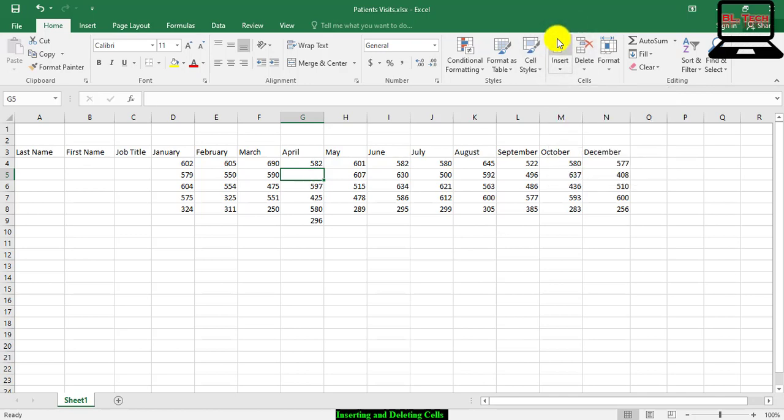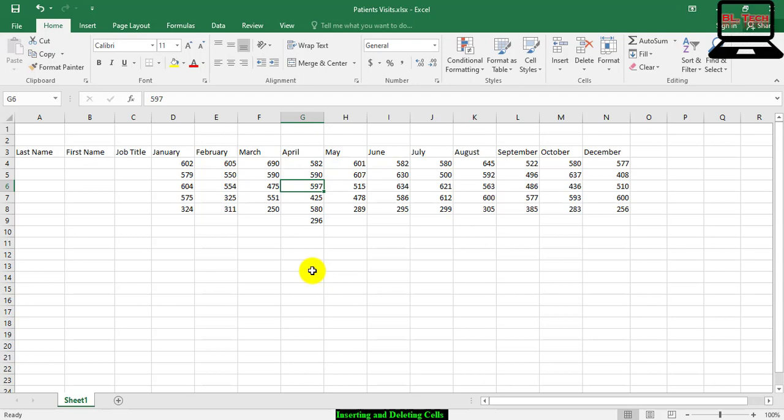All cells in column G beginning with G5 shift down one cell. Type 590 and press Enter.